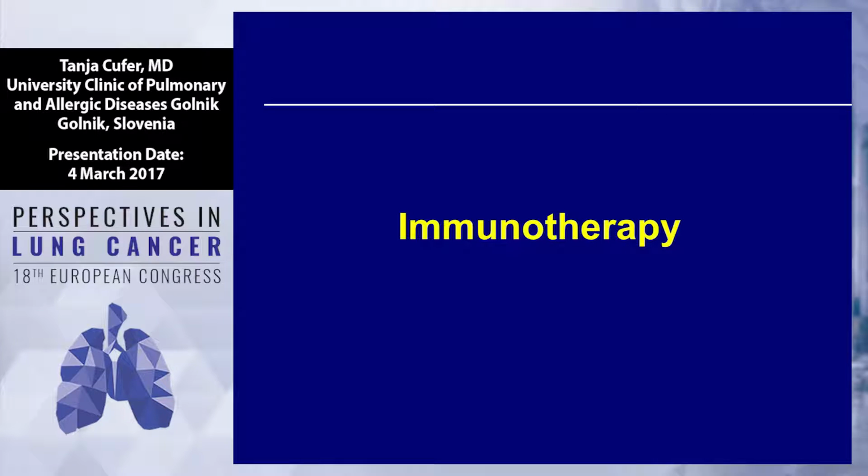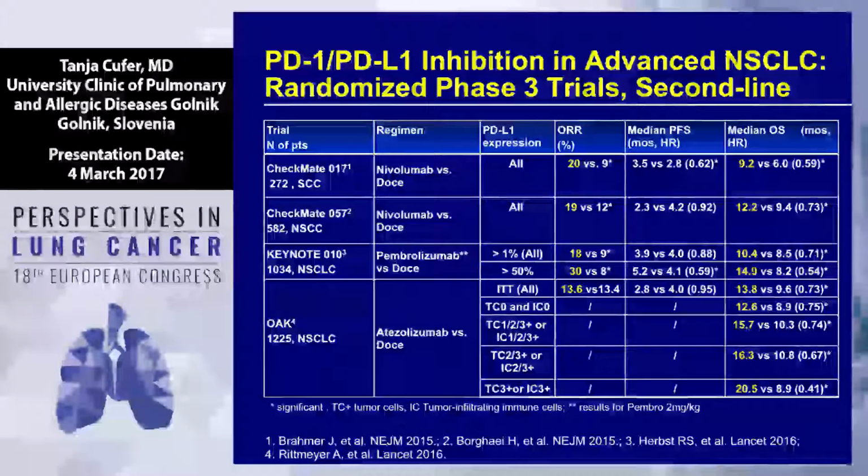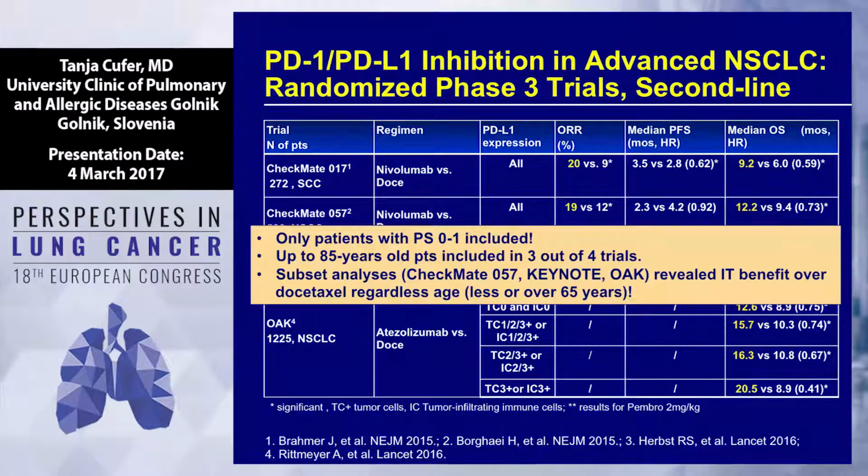Last, what about immunotherapy? We have very few data about the effectiveness of immunotherapy in patients with performance status 2, practically no data. We have data for elderly patients because in these immunotherapy trials, not a lot, but a substantial percentage of the patients older than 70 years of age have been included. Here are the major trials in the second-line therapy, based on which nowadays we have Nivolumab and Pembrolizumab in routine clinical practice. And in these trials, patients up to performance status 1 have been included.